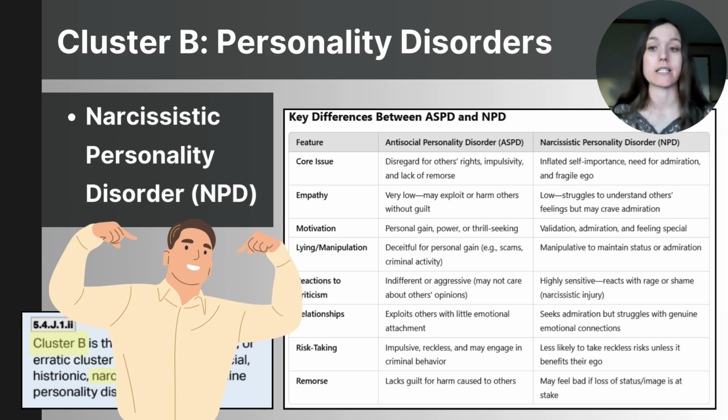One is grandiosity, so exaggerating their self importance. Another is a preoccupation with fantasies of power, success, or beauty. So constantly seeking that admiration or dreaming of achieving greatness and good looks and power. Another is a belief in being special and unique. Another symptom is an excessive need for admiration and craving attention. Another is a sense of entitlement. Another symptom is exploitation of others and using other people for their own personal gain.